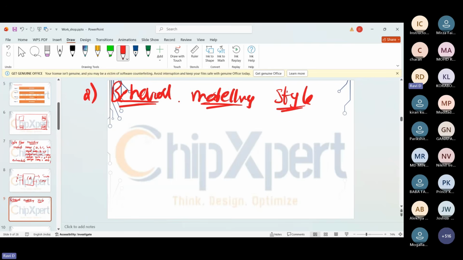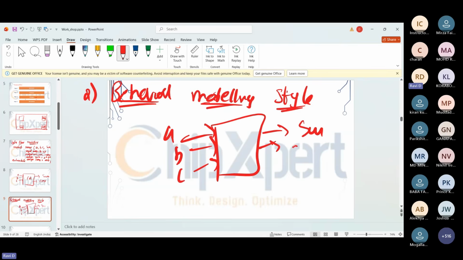Previously we designed the code by knowing the equations. Here I'm going to describe the code by describing the behavior. So what was the behavior of that circuit? If this is my full adder, having A, B, C and sum and carry, the behavior of it is what?